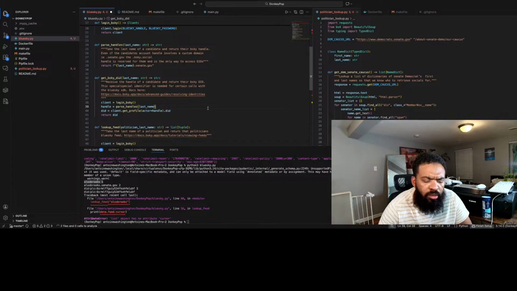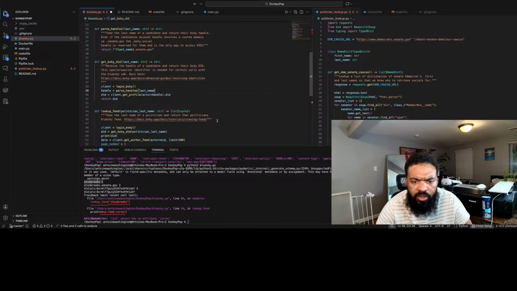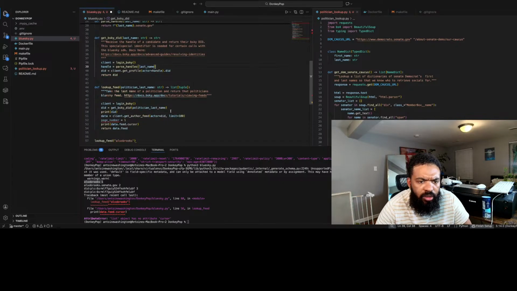Okay, and then the DID prints it again. So we know everything's working up to this point.